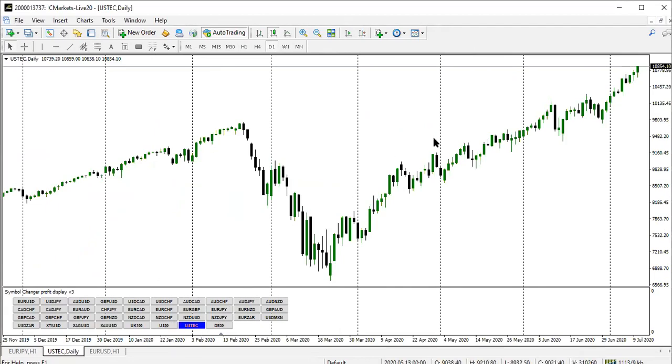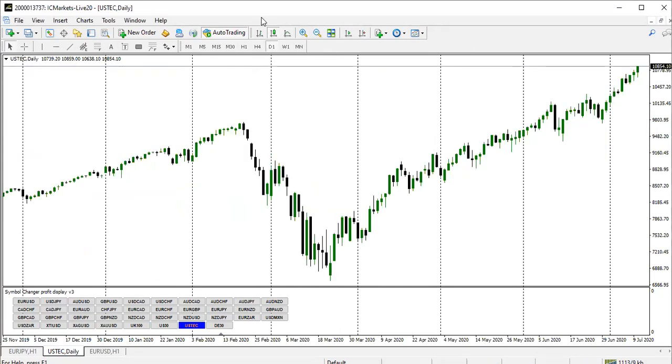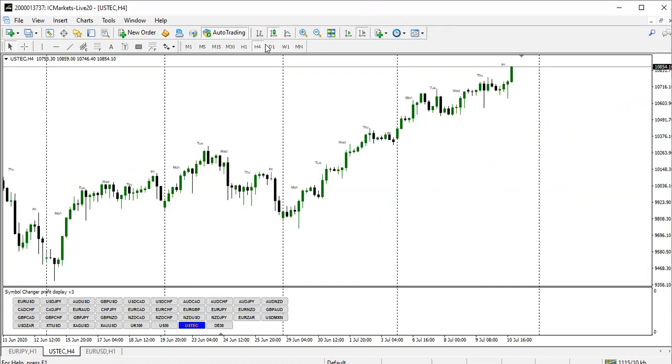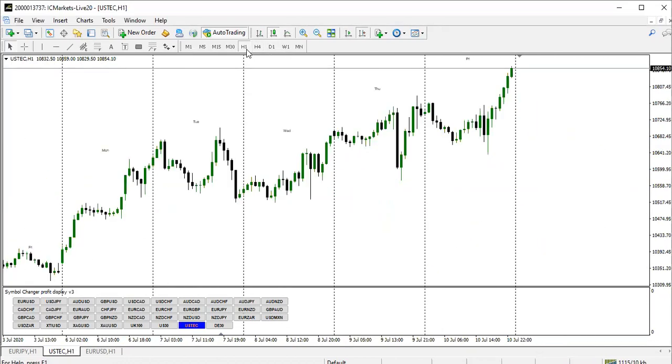If you see NASDAQ, NASDAQ is actually very bullish. USD30 also. Well, NASDAQ, let me go for NASDAQ. As you can see, it is bullish, and if you go for the 4 hour time frame, it's still bullish. So you just look for an opportunity to buy, because this market is bullish. So let's see the 1 hour time frame. Probably when it pulls back to this zone, you can really be a buyer from there, this particular zone.